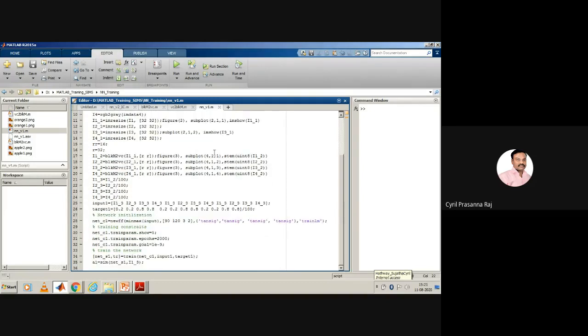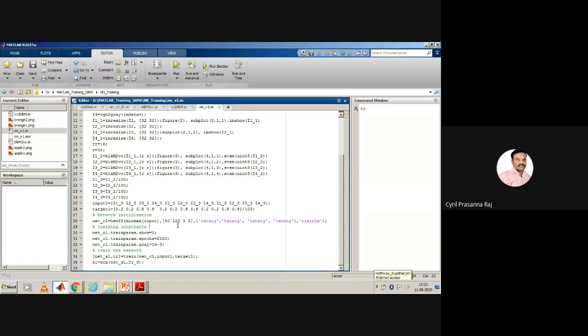The second important point is that here you have to define what your network size should be. In the previous case, we had taken it as 10, 1, which means 10 neurons in the hidden layer and 1 neuron in the output layer. But now we are trying to take 1024 inputs, and those 1024 inputs are processed by 10 neurons in the hidden layer, and then it comes down to 1 neuron in the output layer. So drastically, from 1024, you're bringing the output to 10 and then to 1.